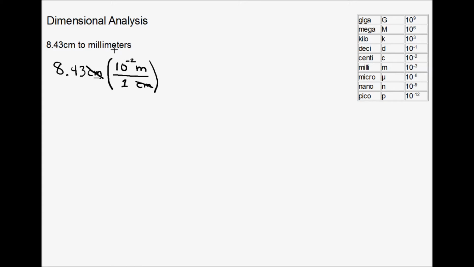I don't want meters, however, I want millimeters, so now I need to convert again. I need to convert from meters into millimeters. Again, using my table, milli means 10 to the minus 3, so 1 millimeter is 10 to the minus 3 meters. Now you see the meters have canceled. I'm left with millimeters. Now I can do the math: 8.43 times 10 to the minus 2 divided by 1, times 1 divided by 10 to the minus 3. And I get 84.3